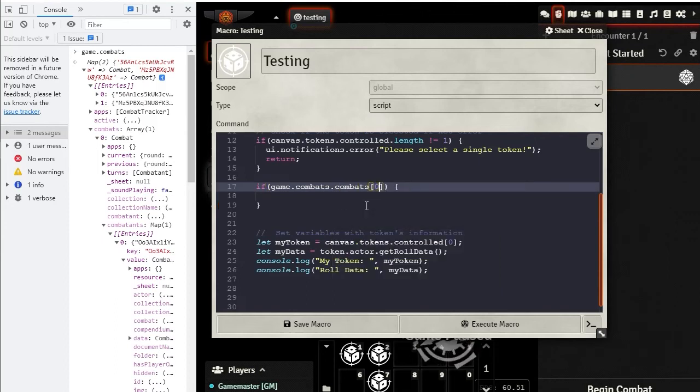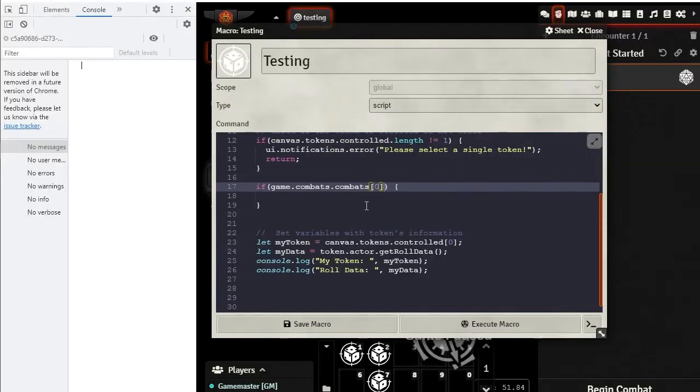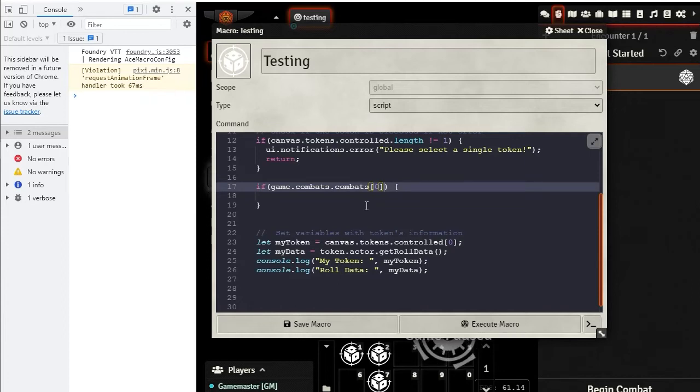Combats bracket 0. No, just whoops, didn't mean to hit F12 again. We don't want the bracket 0. Maybe dot length, because we kind of want to do this, right? So game combats length, and we want to make sure it's greater than 0. Because that would be, yeah, I guess that works. If there's multiple combats going on, I've never really ran multiple combats, but I guess if there are multiple encounters, I guess is probably the best way to say it. So let's try it, .length, and say